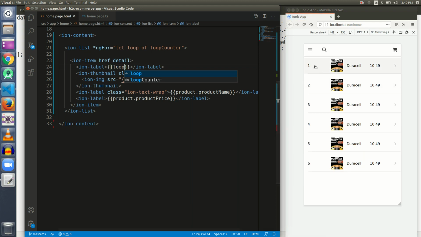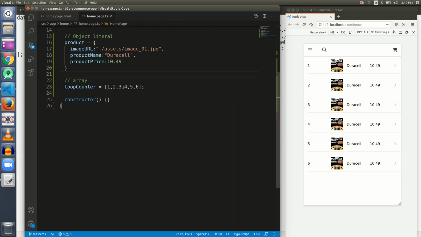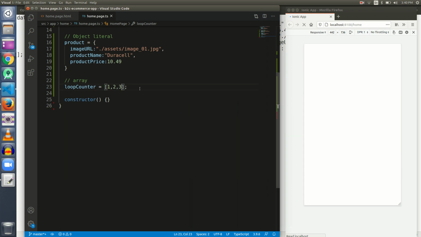See, these are the values inside the array. If I just remove these, it will iterate only 3 times and those values will be displayed inside the list. So we can say that we have in a way achieved our dynamic list. We can control the size of the list with the help of the array here, but still our job is not done. Why? Because we are still getting the same value of products in every item.